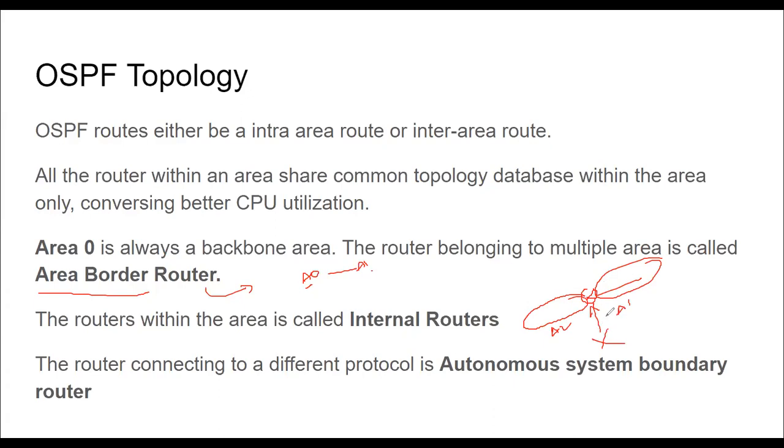But roughly, we can say it is an area border router. According to the RFC, you should not say it. If an interviewer asks like this, you can mention that the RFC says a router between area 0 and area 1 is the border router. But this is also called an area border router, though all the features of an actual ABR will not be supported here. Just for the information.